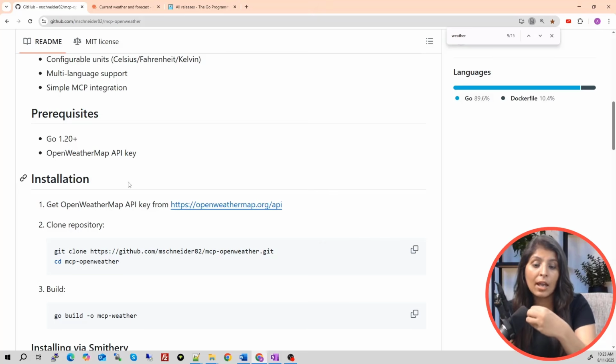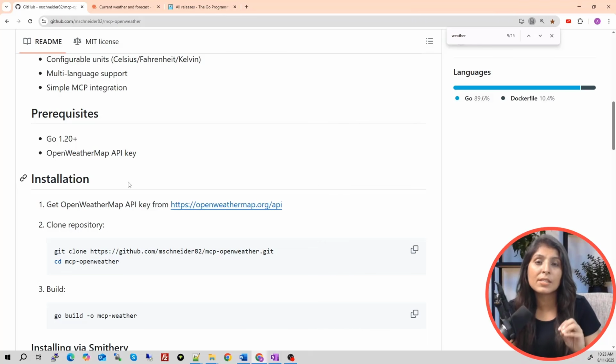Then that live information will be given to the LLM again by the MCP server, and then the LLM will format that output in the form which the user will understand. Okay, so we are at the first step right now, which is building the weather MCP server on our local machine.